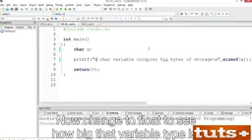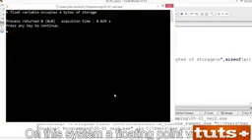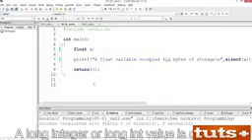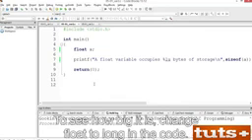Save, build and run. On this system, a floating point variable occupies 4 bytes of storage. A long integer, or long int value, is designed to store really huge integers. To see how big it is, change float to long in the code. Save, build and run. On this system, a long integer occupies 4 bytes of storage, which is the same as